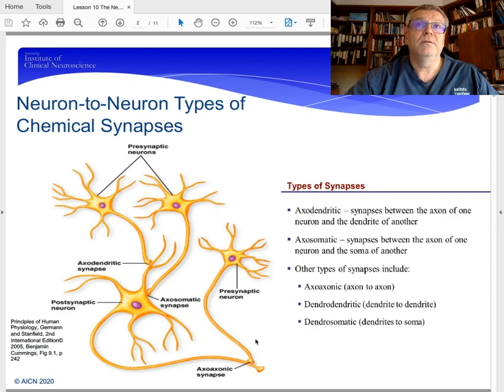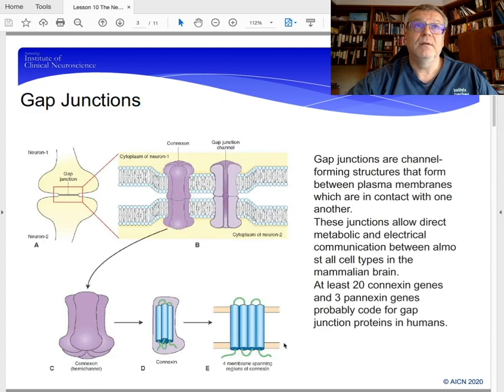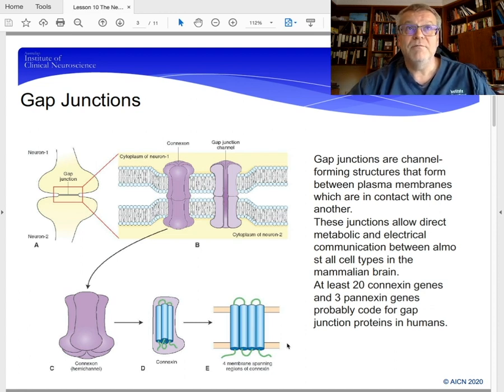We also have dendrodendritic and dendrosomatic, which are not demonstrated in the drawing, but they're also there. So these are chemical synapses, and I'll just remind you that we also have the gap junctions, or the electrical synapses. We haven't really looked into the effects that they have on neurotransmission just yet, but they will be covered